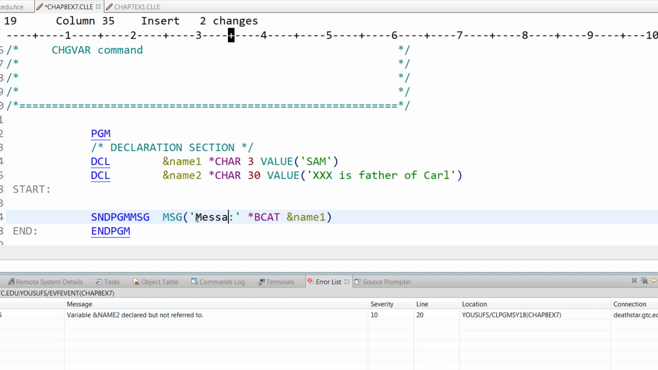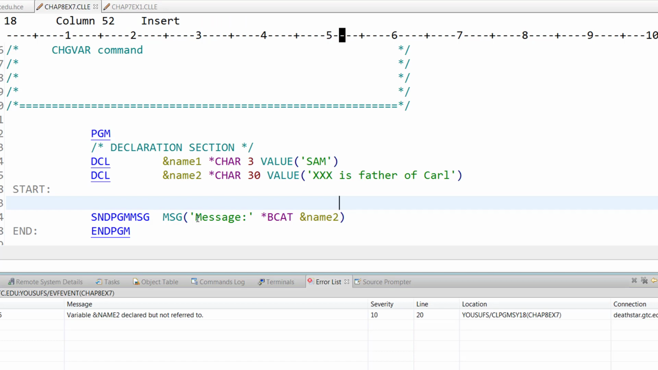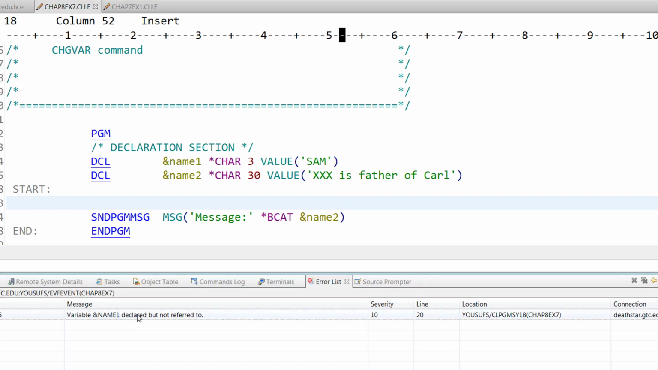So what we will do is, instead of displaying name1, we're going to change this to message and change the output to name2. And before we make any changes to name2, we are going to run it to make sure that name2 is displaying what we have given it as a value right now. When you compile this time,